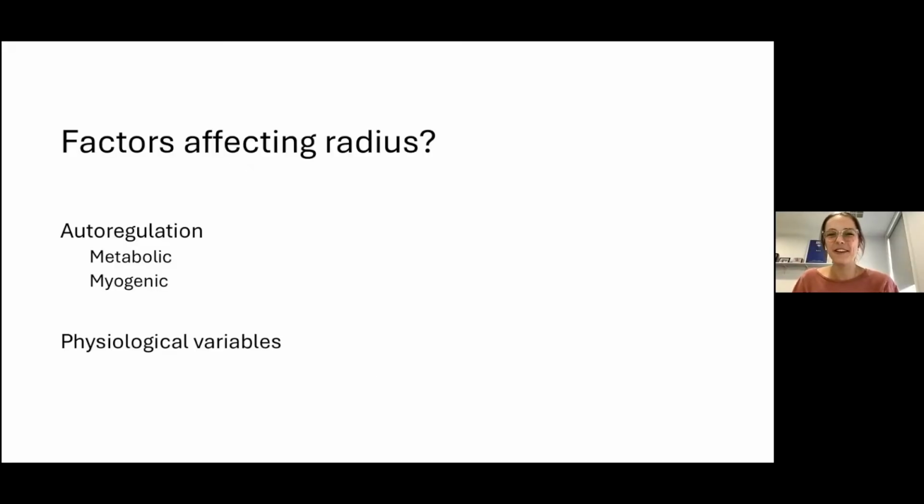So for autoregulation, I pop in those things under metabolic that you've just mentioned. So things like hydrogen ions, potassium, adenosine, lactate, that all cause vasodilation. And our myogenic, as you mentioned, it's the same range, 50 to 150 millimeters of mercury. And then I actually put the oxygen, CO2, and while they are metabolites as well, and they do contribute to